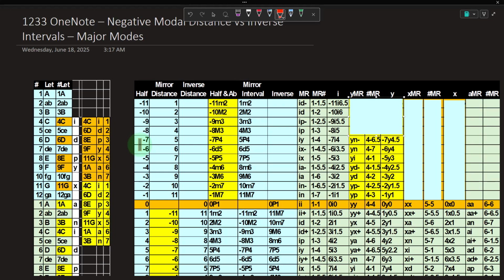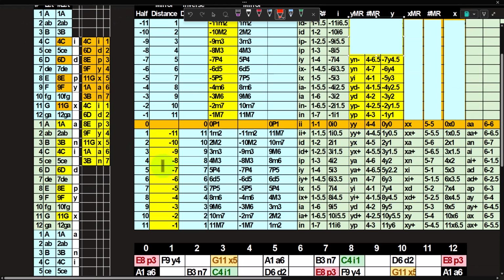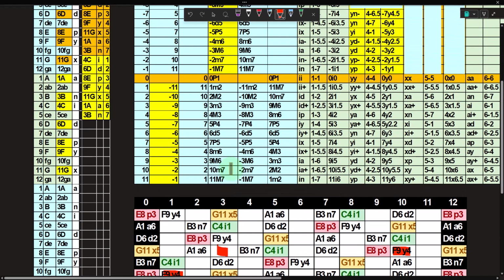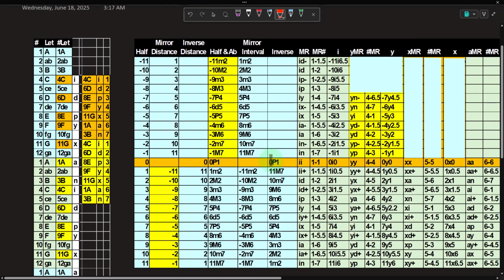So we're going to go -7 back. So now we're going 1, 2, 3, 4, 5, 6, 7. Lands me in the Aeolian Ocean. So that would be -4.5 modal half steps back, which you would think would be 6.5 scale degrees back, but we don't have the scale degrees back. If I went 7 back, then that would be like going 12 minus 7, which would be 5 forward, which would be a perfect fourth. And so you can say the perfect fourth is 5 forward or 7 back, but I'd rather call it a